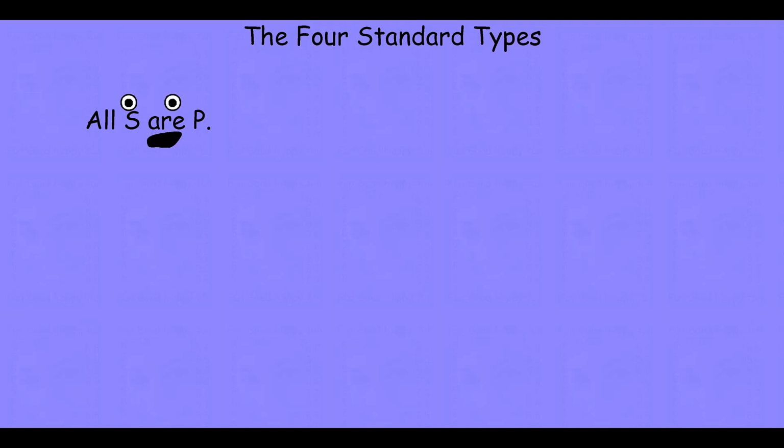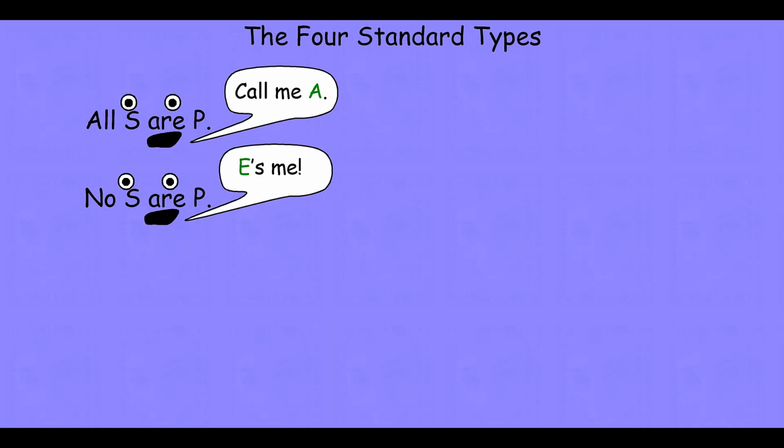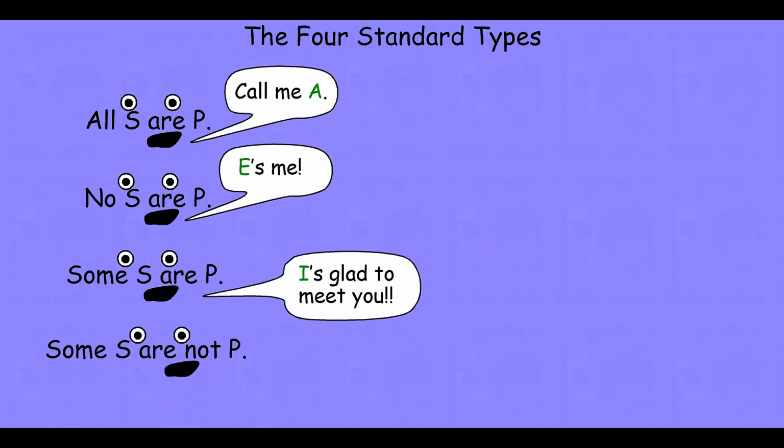We'll use our standard form quantifiers together with those copulas to join our subject and predicate classes together to form our 4 standard form categorical statements. Each of them has a name, but because we're logicians, our name isn't very creative. This is the type A statement. It's a universal affirmative categorical statement. Here's our type E statement. It's a universal negative categorical statement. Here's our type I statement. It's a particular affirmative categorical statement. And here's our particular negative, type O categorical statement.